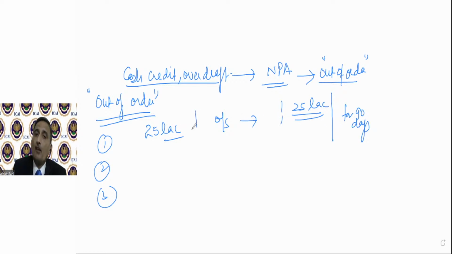Say not even for a single day has it come below this level, so every day it is more than 25 lakhs. Then we say the cash credit account has become out of order. It is not running in order. Or